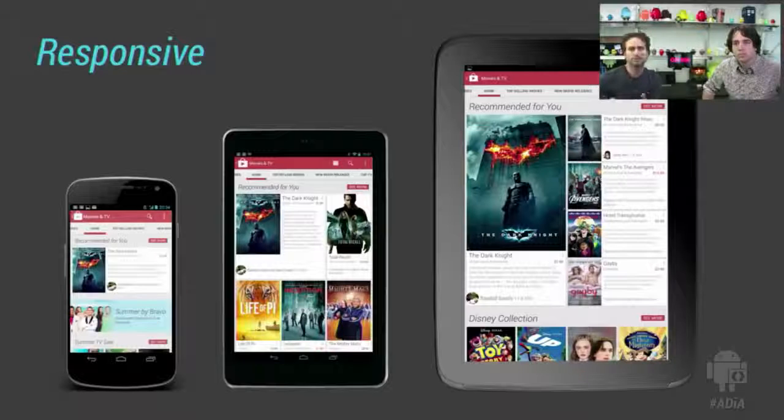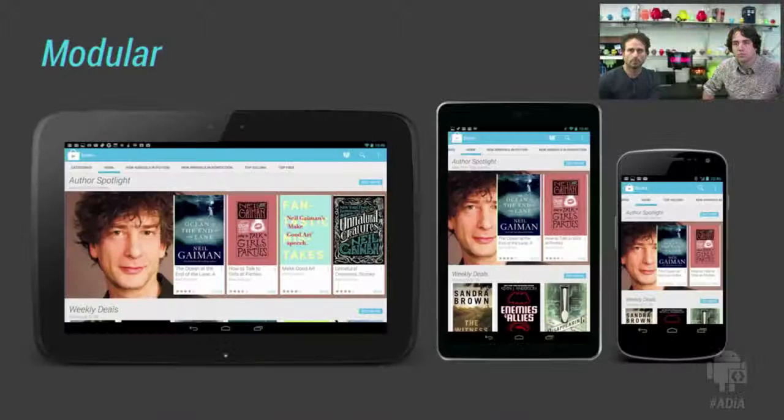On phone, you don't see other content that's part of the same cluster, just because the space doesn't allow that. But when you get to the 10-inch tablet, instead, we have a very beautiful big cover with other related content next to it, which is recommended to me. Or, talking about modularity,